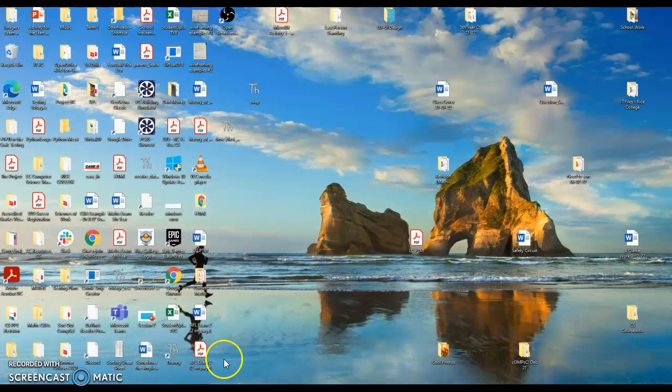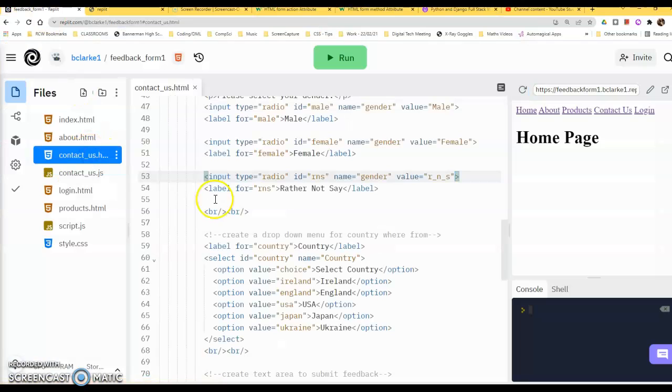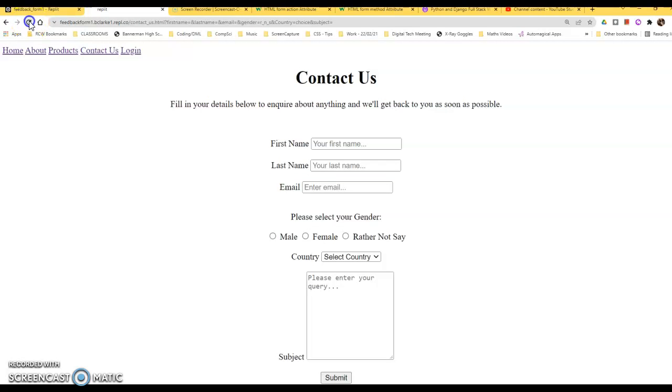So what I can do here is I can go back in to my HTML and give another attribute in here. I'm going to give it in the r_n_s, or the rather not say block, and I'm going to give this attribute called checked. And basically I'm just going to say this is the one that I want checked. So I only put it in for one of them. So if I go back in here again now, you'll see by default rather not say is already highlighted, and I preferred that rather than nothing being done there. So if I put in here now